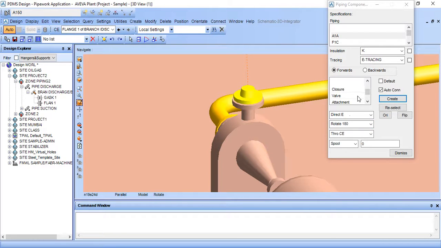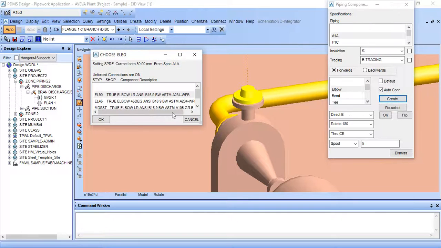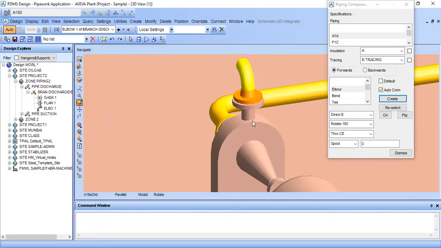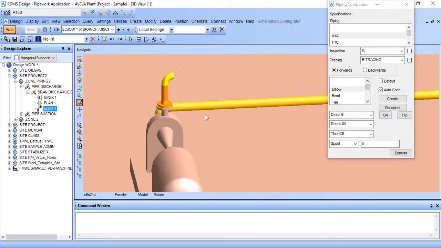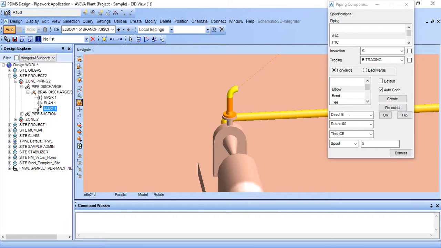I am creating an elbow. I am rotating it through 90 degrees. Give a spool 200. So I have given a 200 spool.